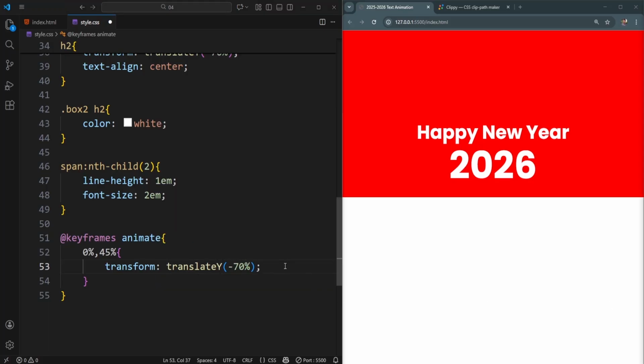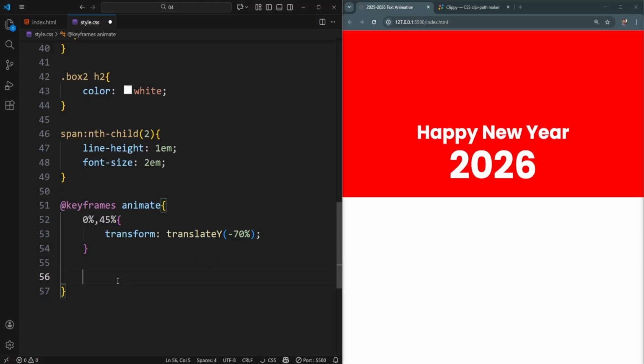So when I reload my browser, the text will stay in its position from the beginning of the animation. If I run this animation for 10 seconds, then 4.5 seconds it's going to stay in its own place. Then below that, at 55% and 90%,